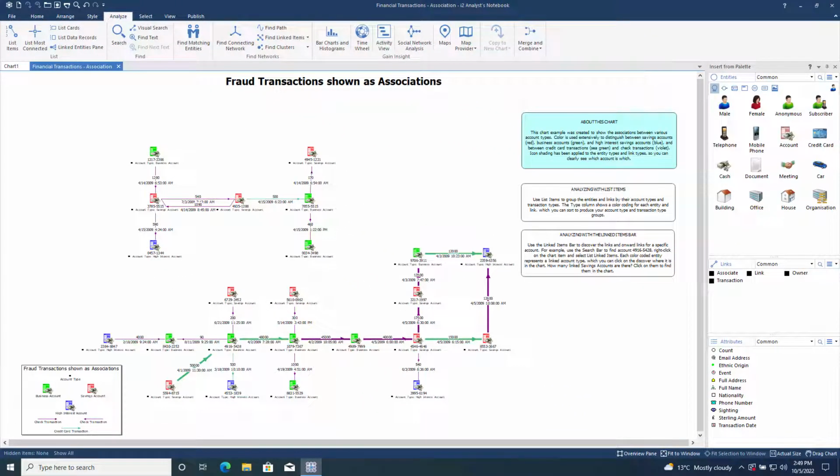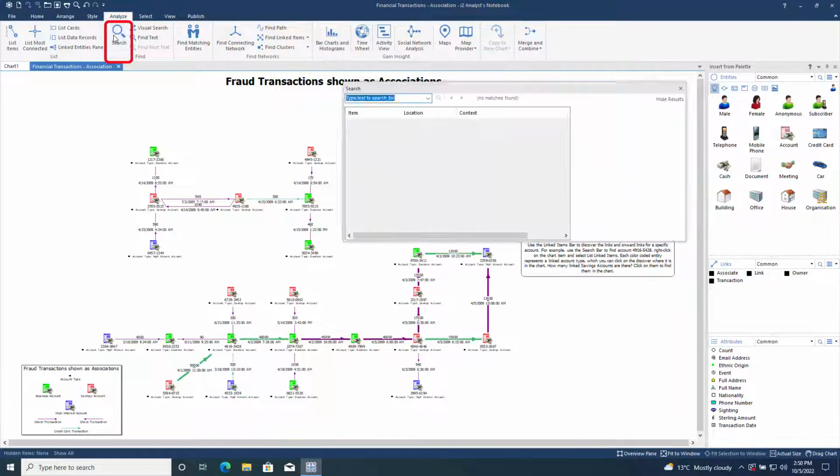Now moving on to the Find section of the Analysis toolbar, we will look at the Search tool. The Search tool searches across all chart items and their properties for the entered value. Results are ranked by how well they match the search terms based on the number and types of properties that are matched. Here we search for a specific account number,